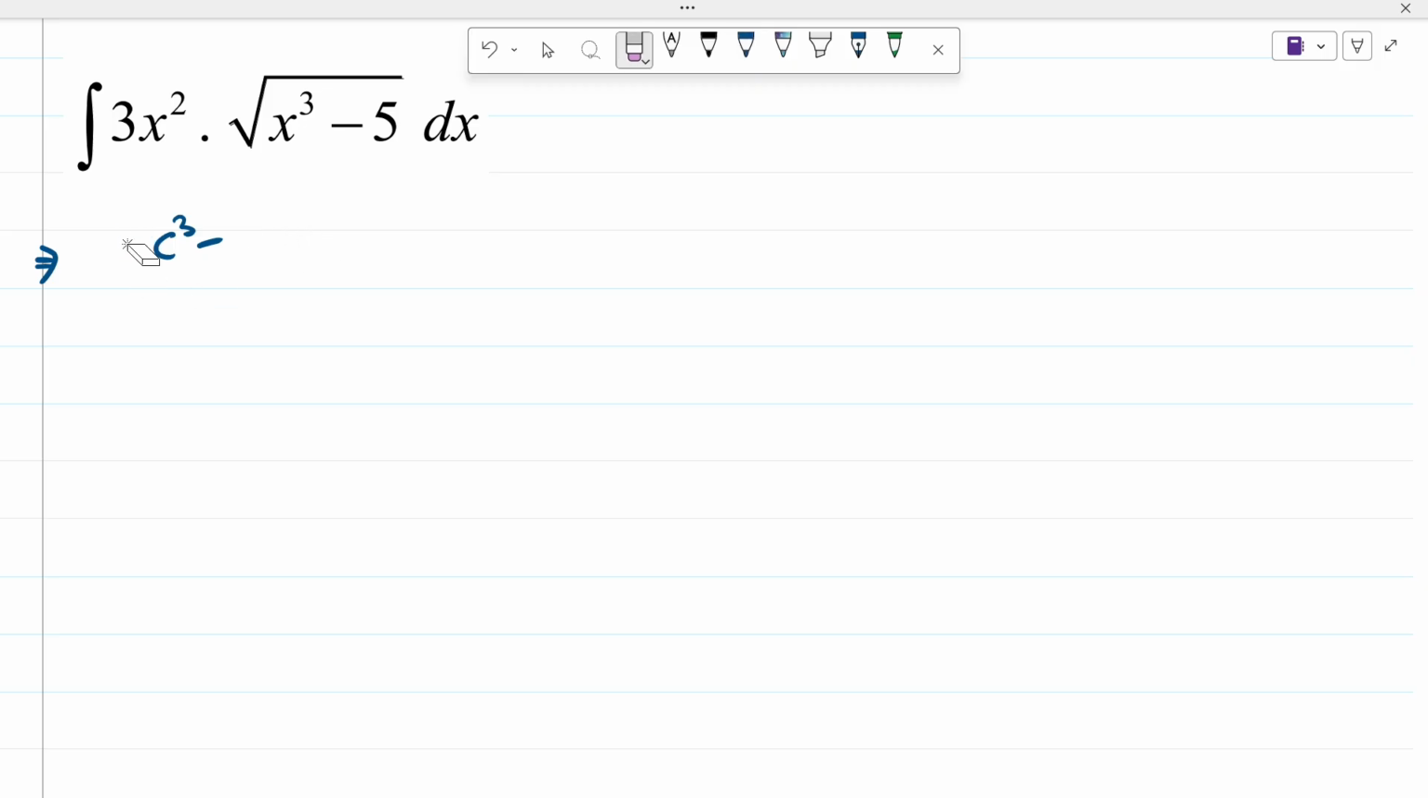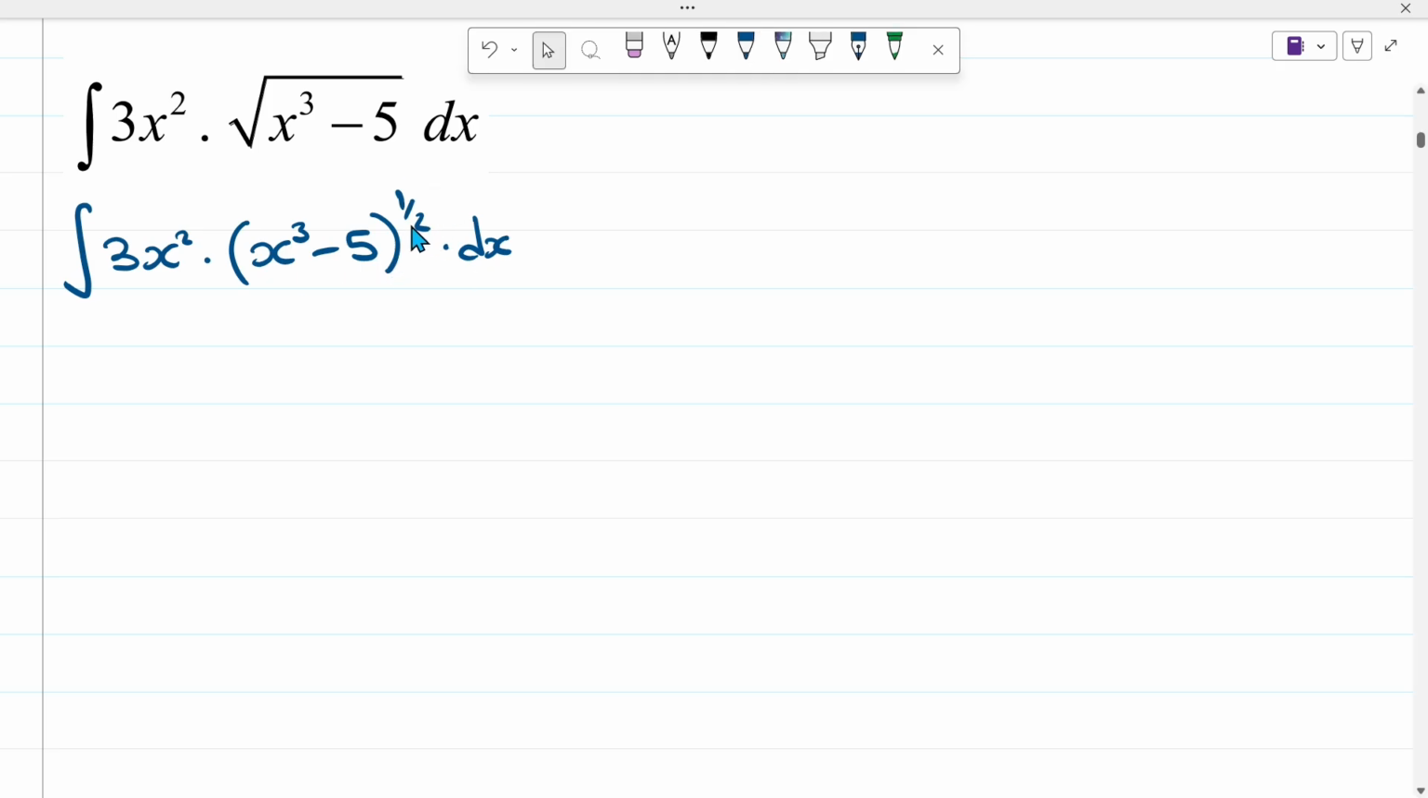Okay, let me first rewrite before I confuse you. Let me first rewrite this in this way, whereby I've changed the root into an exponent form. So this is going to be 1 over 2 dx. So you can see that our n is not equivalent to -1, so therefore we can say this is the general power rule, right? So our answer is going to be